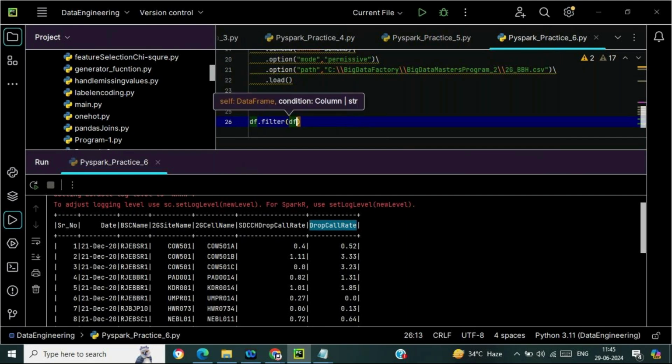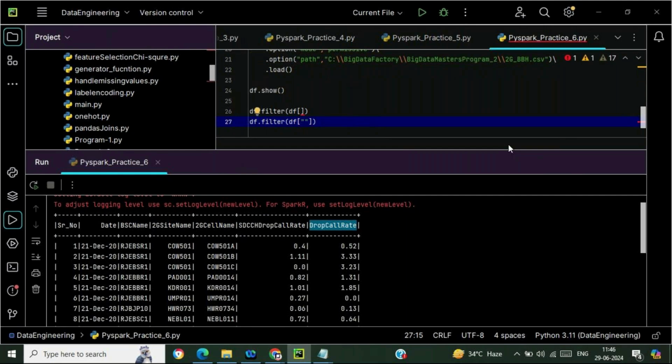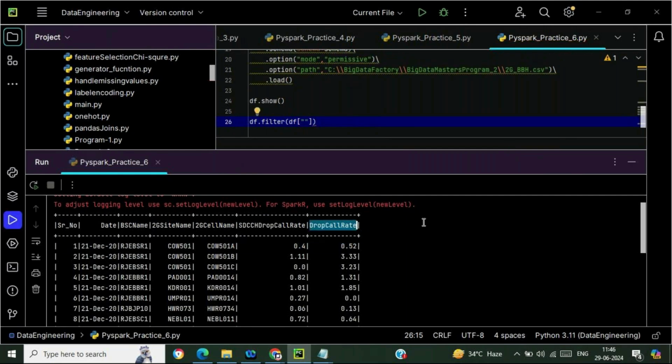Onto the drop call rate column. The condition is: if the drop call rate is greater than 2, then